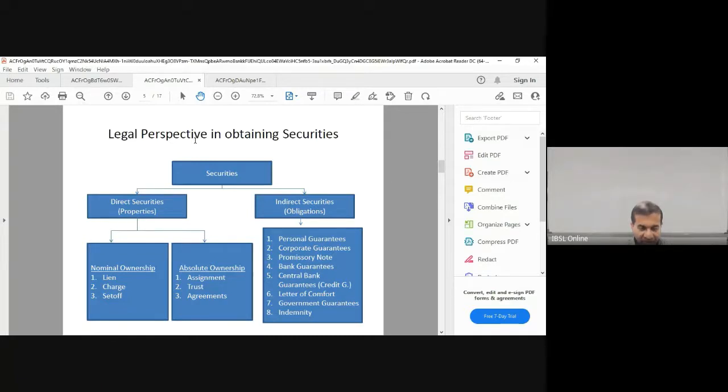Number 2, trust. What happens is that the properties are owned by the bank, especially with import trust receipts and all. The properties are owned by the banks, and we are not going to transfer the ownership to the customer unless the money is recovered. It is just that our goods are being sold by an agent. Our agent is our client. Supposing he doesn't repay my loan, what do I do? I go to the police station and say these people have stolen my goods, so that they will come and take the people into custody.